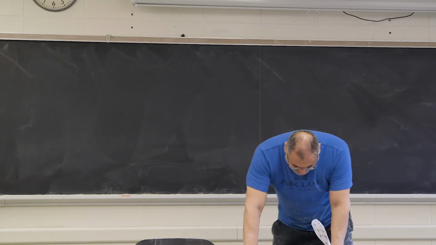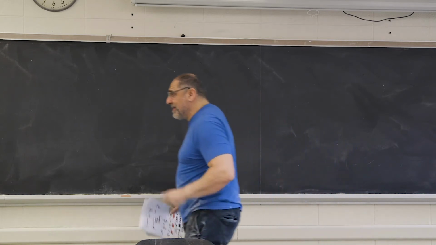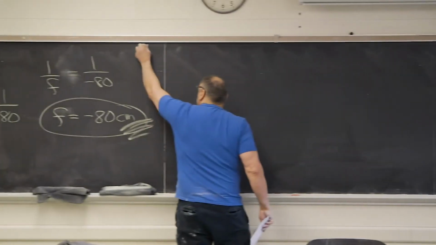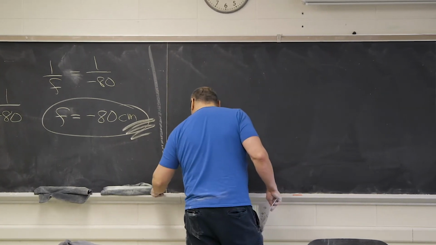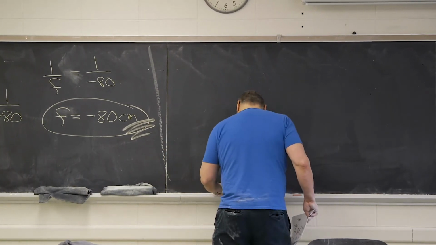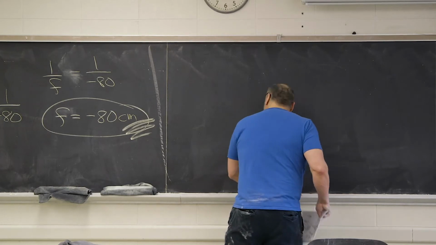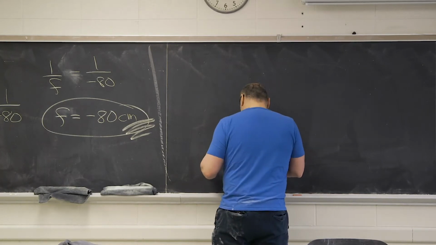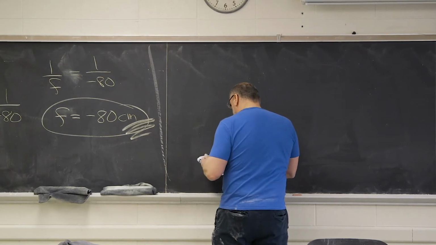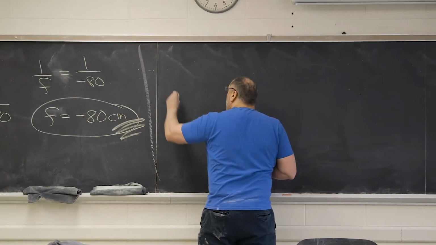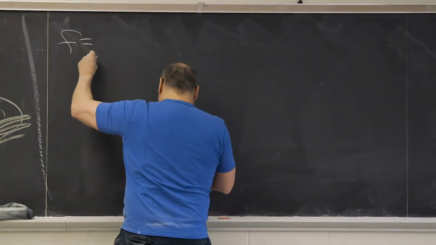With the correction that has taken place, let's see what's going to happen. Again, virtual image, so it's going to be a negative sign in there when we're doing this. F is going to be